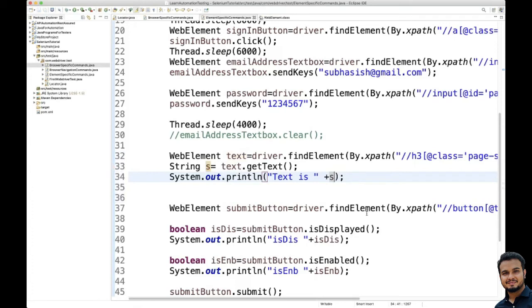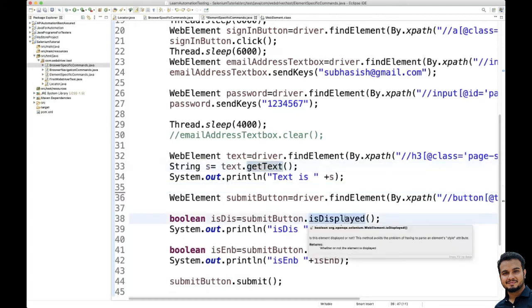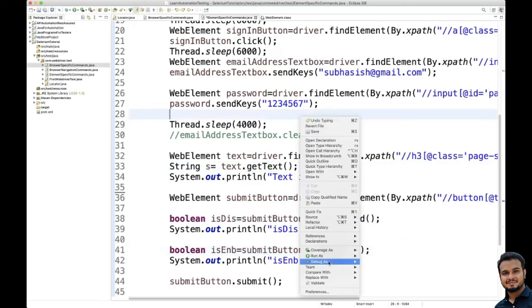So three things we are using here. We are using one getText method, we are using isDisplayed, and we are using isEnabled. So let's execute and see how these methods are working.